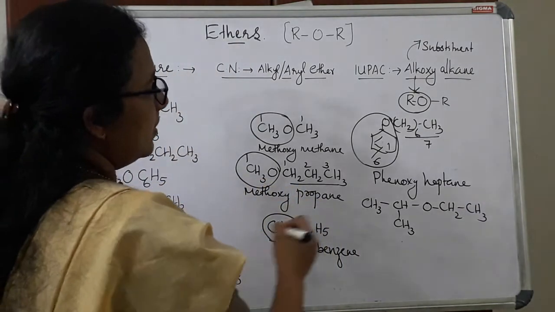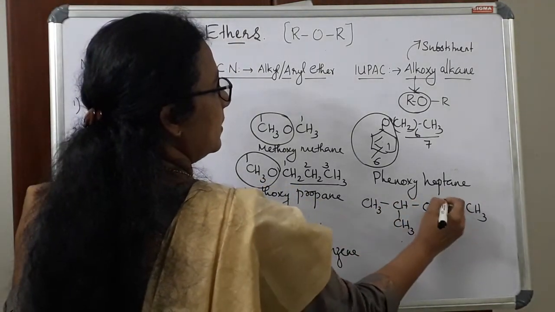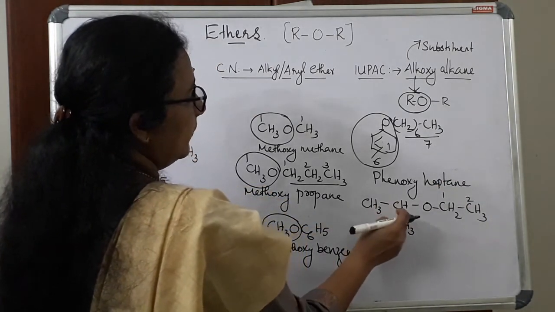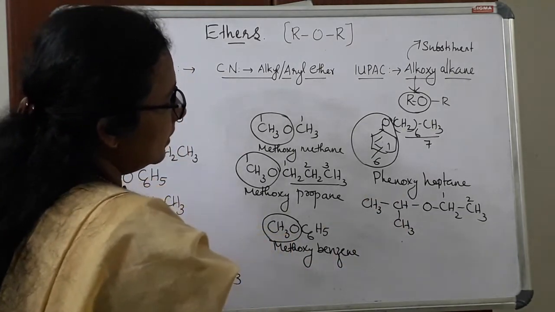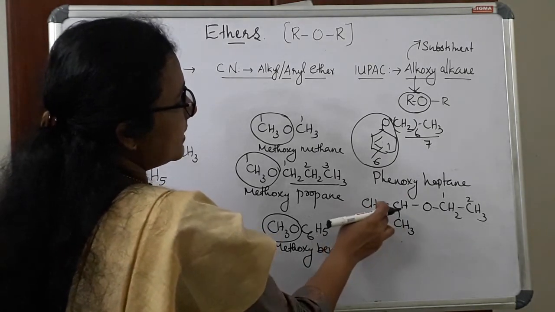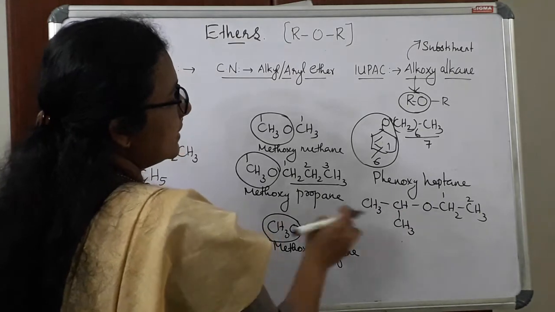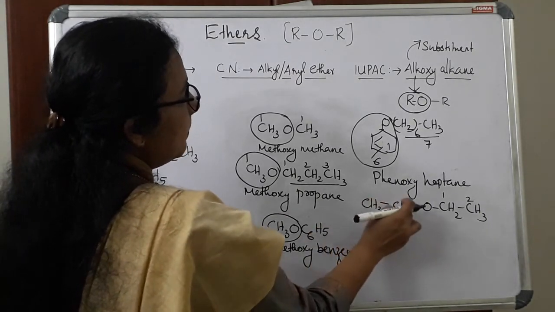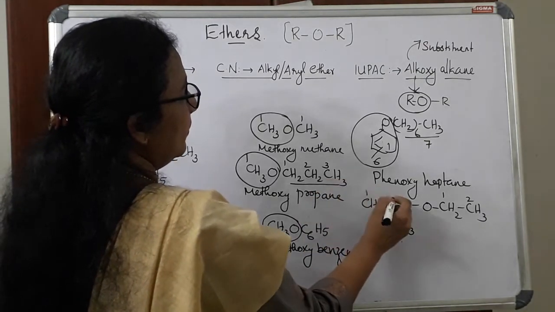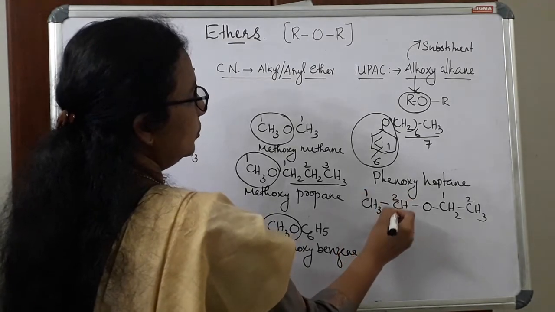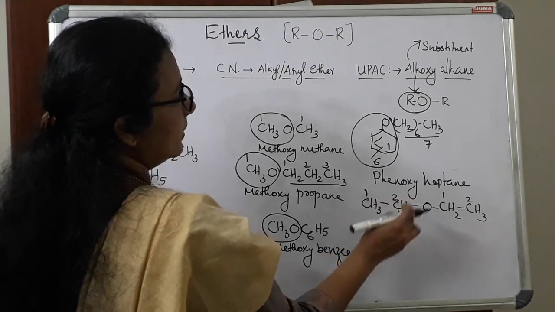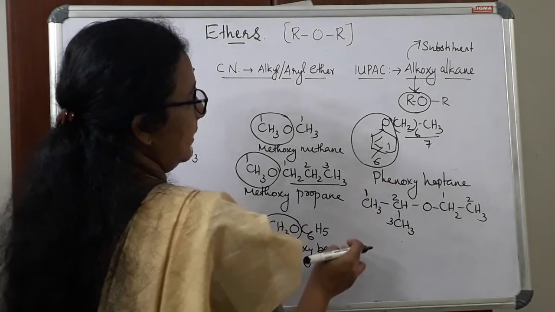CH3CH2CH3. So here in this part there are 2 carbon atoms, and here we need to number it as we need to get the longest chain. The rule we have already studied is that, in order to get the longest chain, we need to number this compound. So this part should be numbered in order to get the longest chain. If I am starting from here, we can number it as 1, 2 and 3. So this is the longest chain, 1, 2 and 3. Here there are 2 carbon atoms.